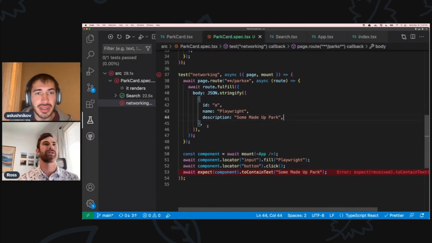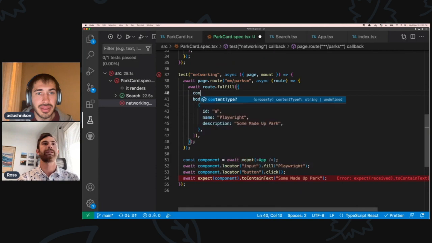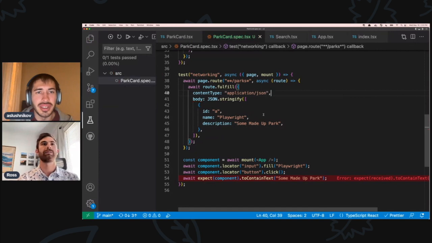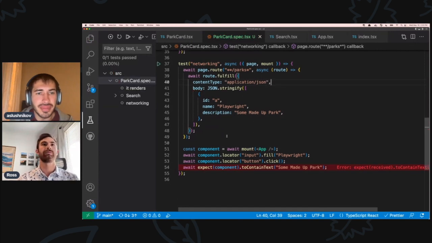Cool. And then let's do a content type here. This is going to be application JSON. Awesome. So now we're going to rerun this test, but instead of hitting the network, we should hit our intercepted